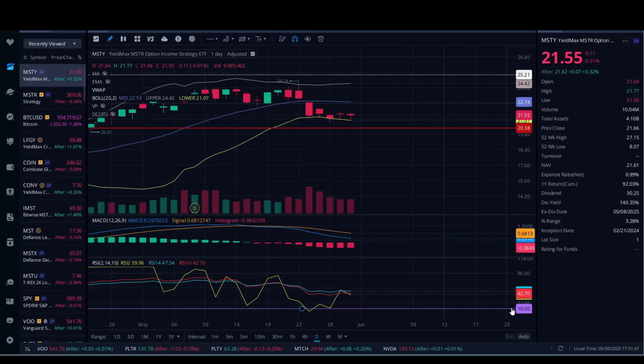And I just drew this purple line here just for visualization. That's not actually there, I drew it. And you can add any kind of lines you want to your charts, but that way it's a quick visual that I can see, oh look, it did drop here, right, on 523, and it was at the bottom of the Bollinger Band. So if you are watching the chart at that time, you could have bought some shares at